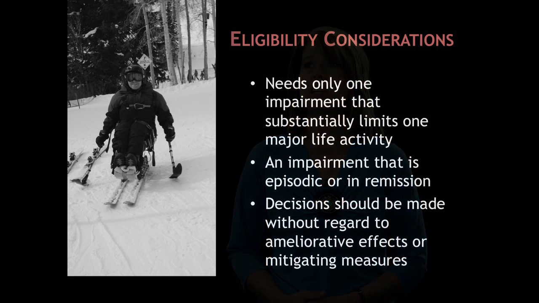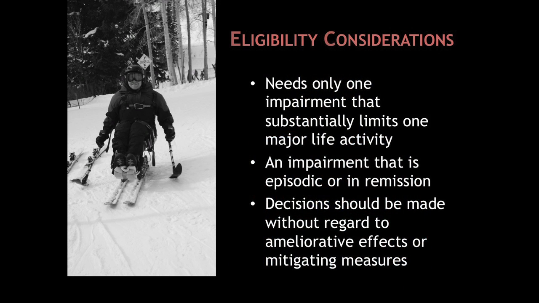To be considered a person with a disability, you only need to show one impairment that substantially limits one major life activity. The law also states an impairment that is episodic or in remission is also considered a disability if it would substantially limit a major life activity when active. For example, a student with depression, diabetes, asthma, or anxiety could meet the disability criteria if the condition, when active,